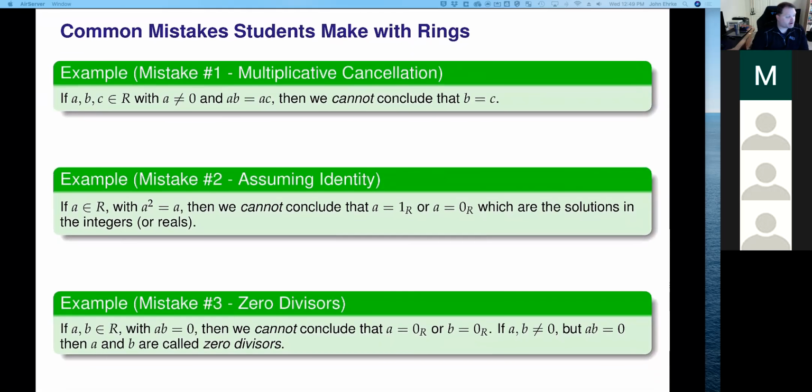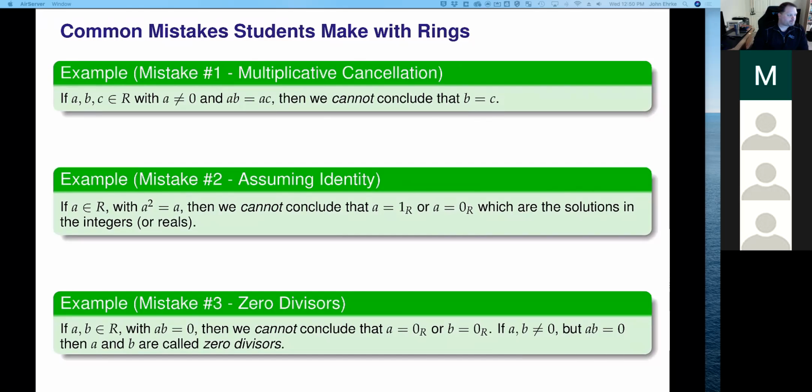All right. So there are three very common mistakes that students make in assuming that multiplication in a ring behaves just like multiplication in the integers. The first mistake is what's called multiplicative cancellation. That is, if ab equals ac in a group under multiplication, we know it has cancellation. But in a ring, you cannot conclude that b equals c. And the reason for that is the ring doesn't have to have an identity, right? Since the ring doesn't have to have a multiplicative identity, then you might say something like,